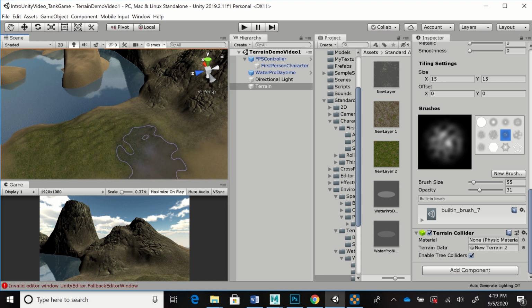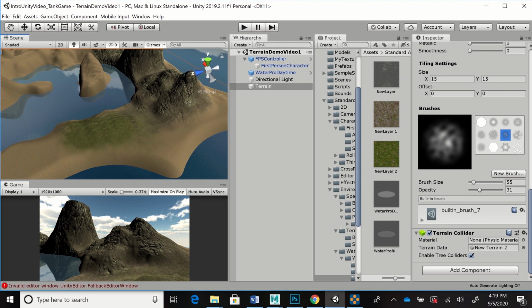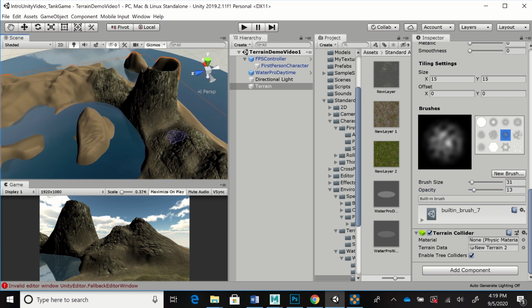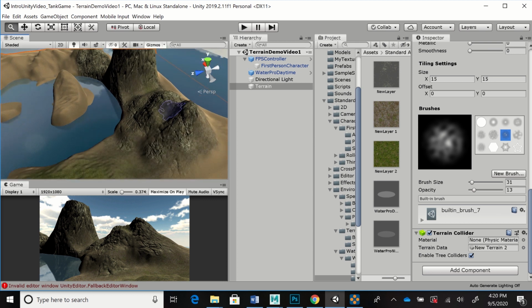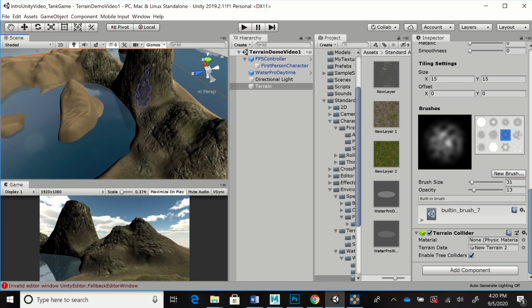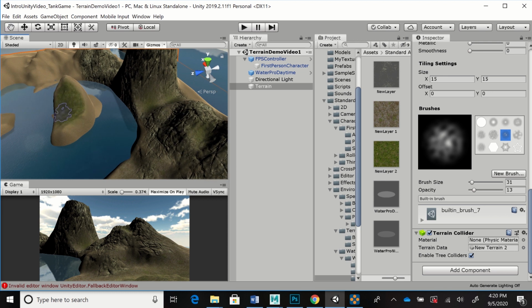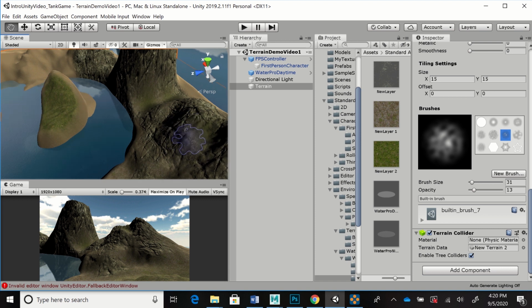So maybe this is our grassy area right here. And we have sand along the edge there. And we could put some grass in some other places. Maybe over here there's a little bit of grass in some of these areas. Maybe right up here. Maybe even a little bit on the side of the mountain there, or down towards the bottom of the mountain. Maybe there's a lot of grass over here on this little island. So we've been putting some different grass effects and texture effects around,